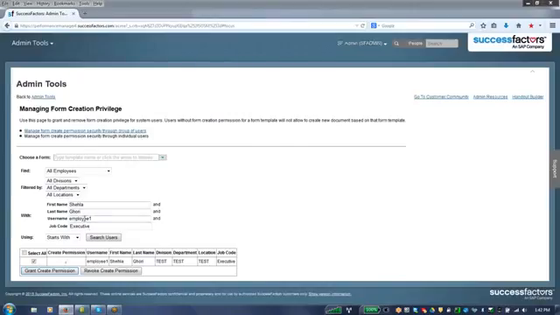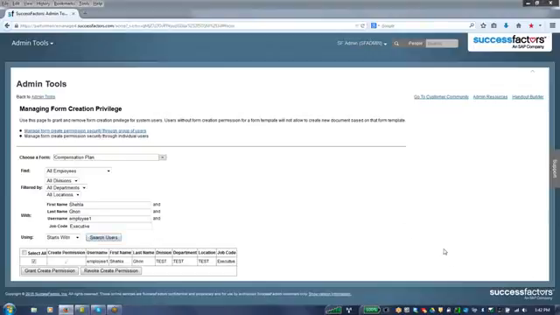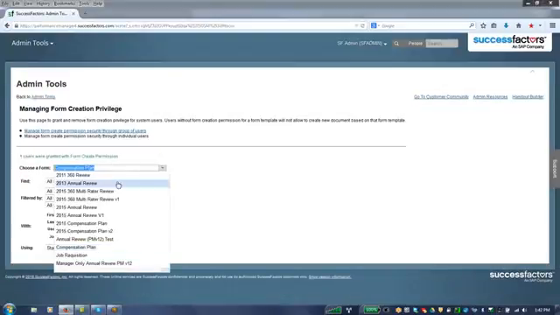Choose a form template. Okay, so here I'm going to say 2015 compensation plan. Let's say compensation plan. Okay, so they can create the compensation plans. Employee 1, and I'm granting permissions. So now they can create compensation plans. They can create